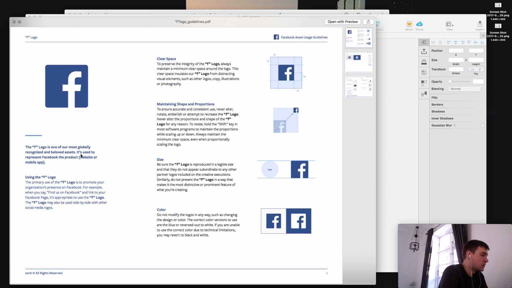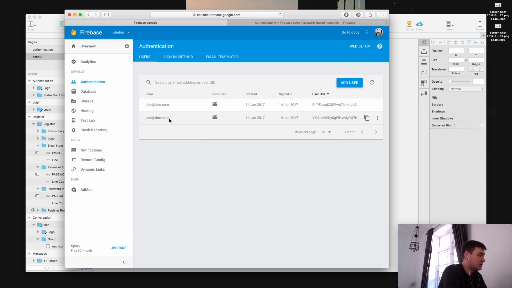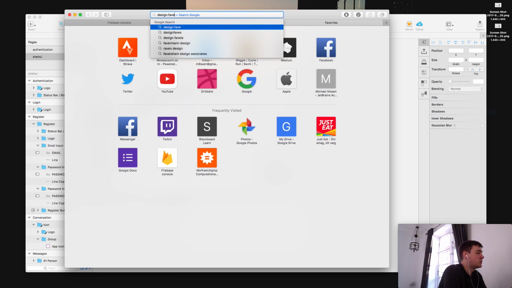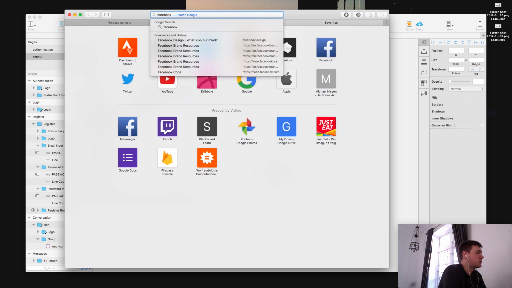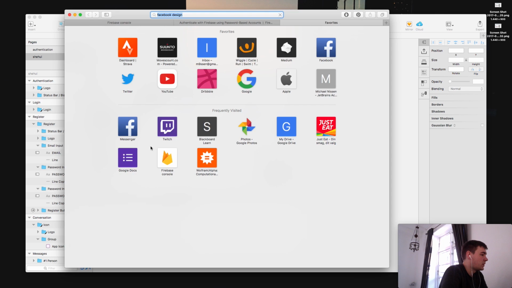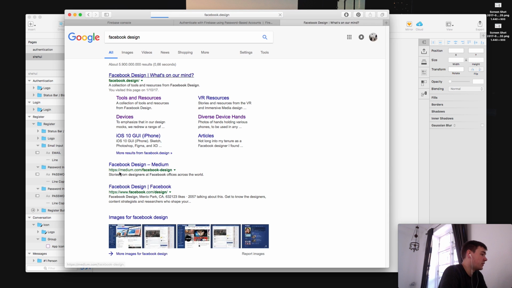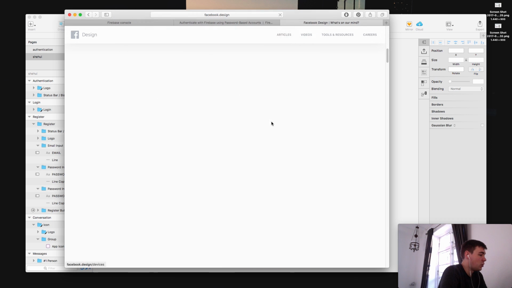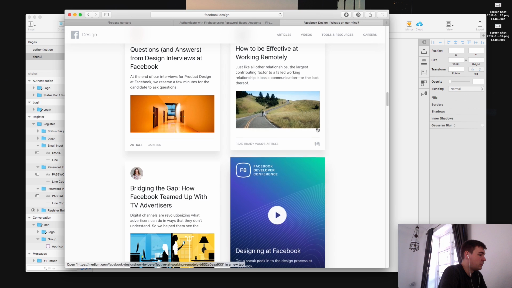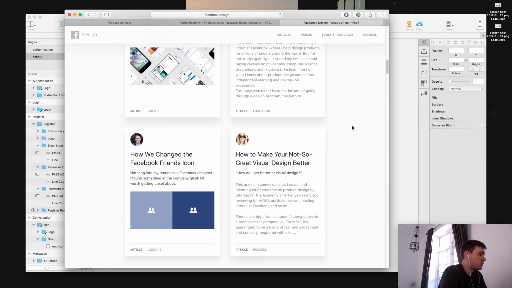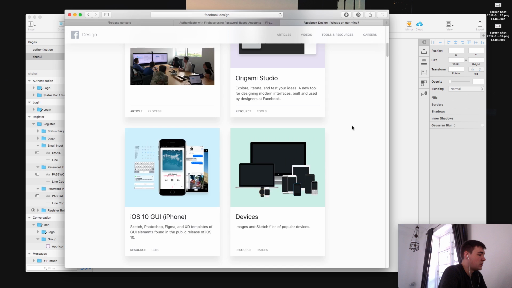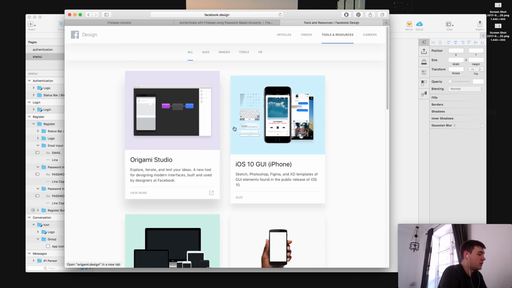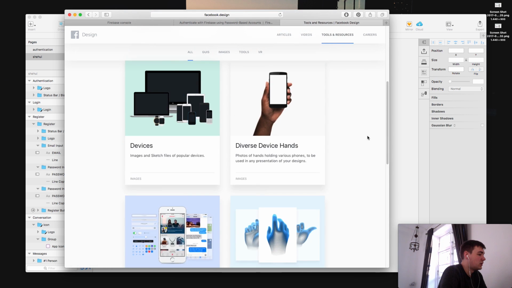So I actually think, again, because this is something I thought about the other day. So I downloaded the logo, in case you want to know where that is. If you go to Design Facebook, actually I don't think that's a URL. It's facebook.design. Okay, so if you go to this website, you'll find all the design related work Facebook has done. That's open sourced. So if you go to tools and resources, you'll have